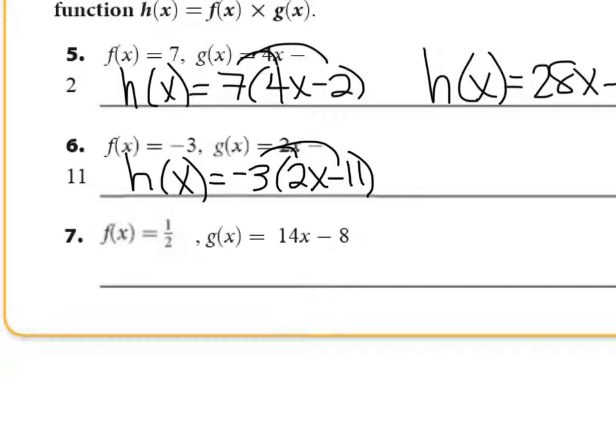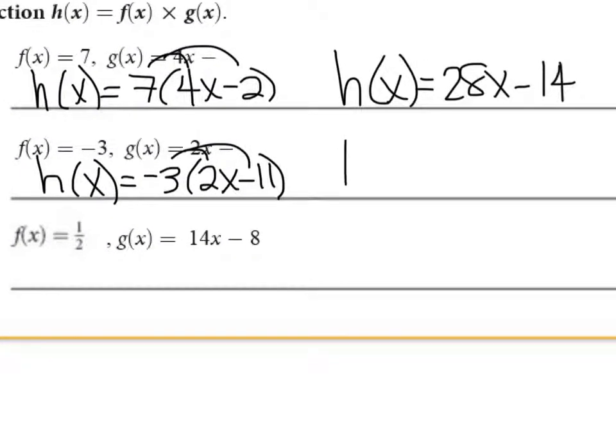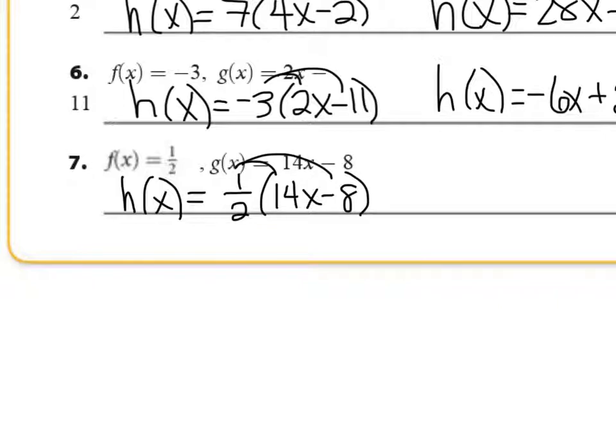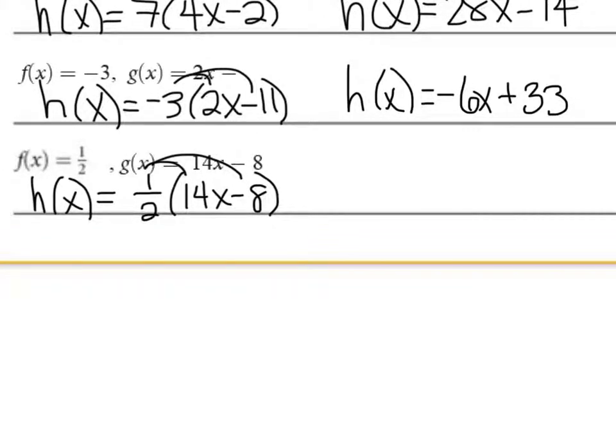So this h of x is equal to negative 6x. Now when you multiply it to the negative 11, that's going to make it a positive 33. And the last one, yes, we have a fraction, but 1/2 is the easiest fraction to deal with. So we have 1/2 times 14x minus 8. So when we distribute, half of 14x is 7x, half of minus 8 is minus